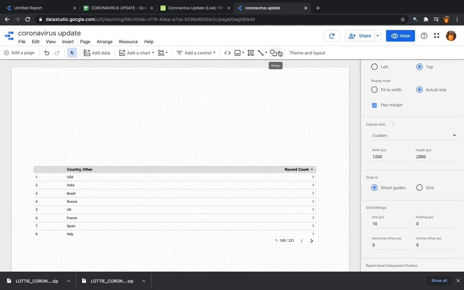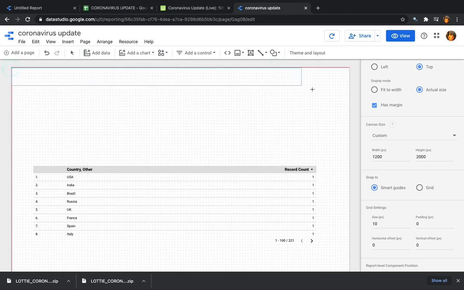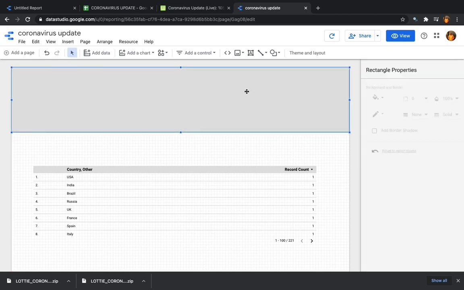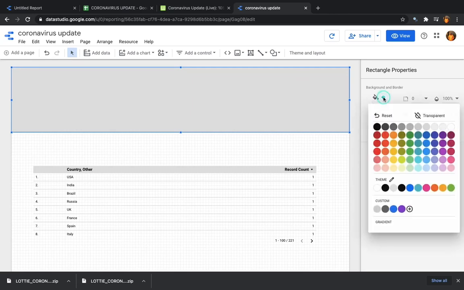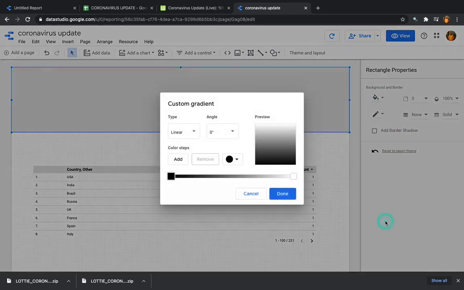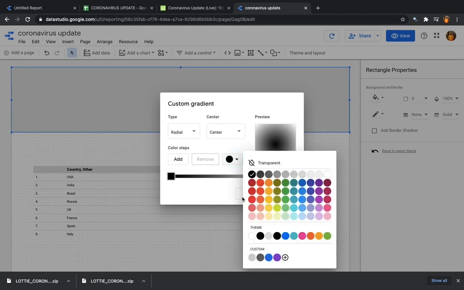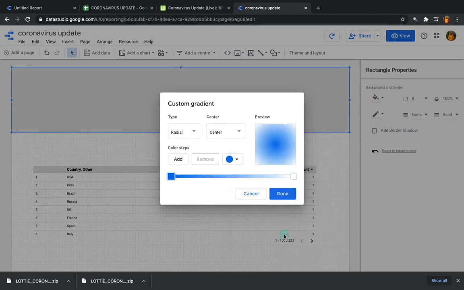Then the next thing to do is to draw a shape at the top of this layout. So I can change the color of this background. So I can come down to gradient, change it to radial, change the color to blue, change this,